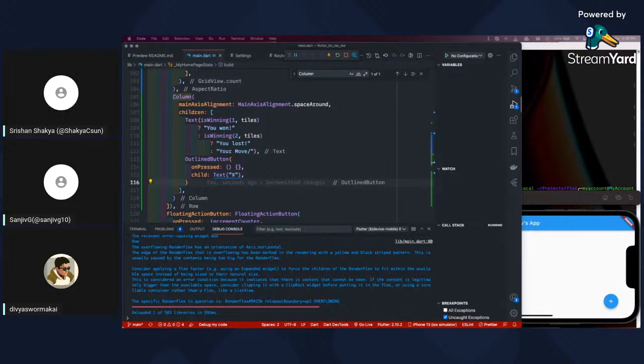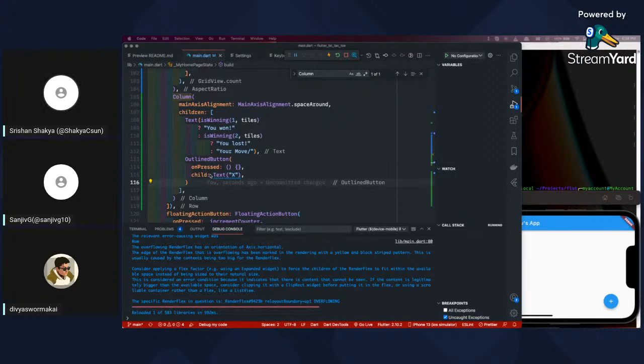Let me just explain the column main axis alignment thing that he has typed in line number 106. Row and column both have a main axis and a cross axis in Flutter. The main axis is the one along which the widget lays out its children.